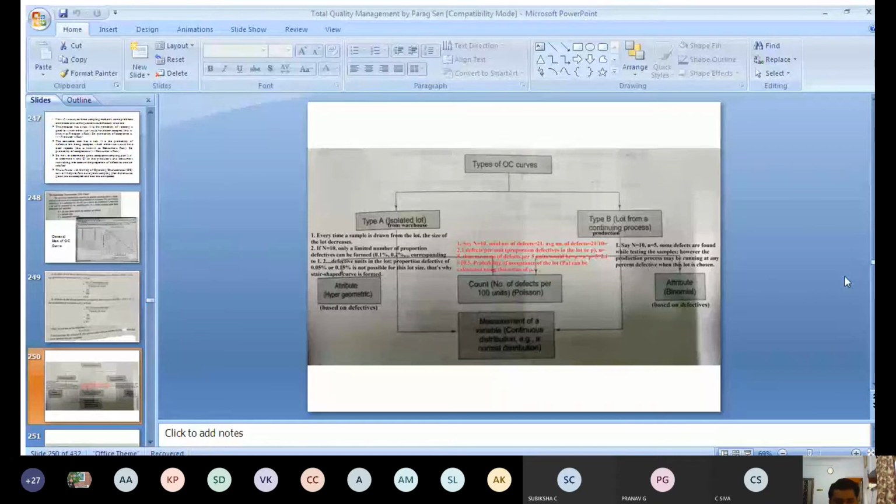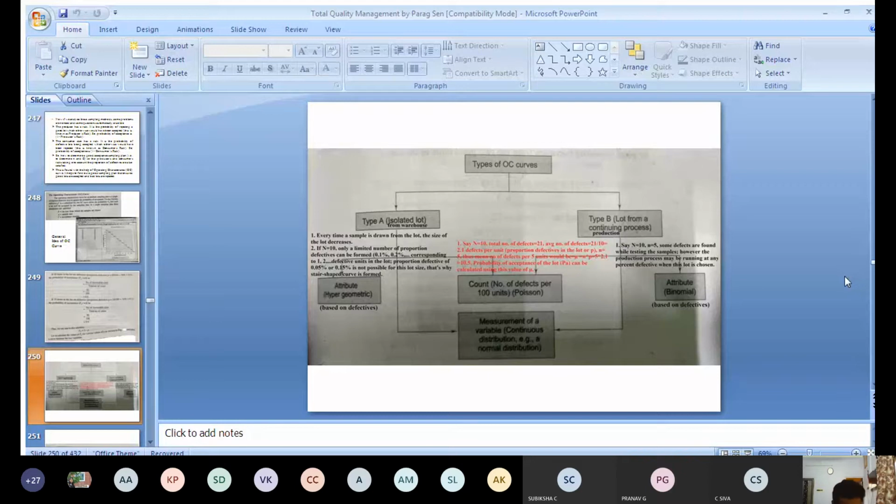Type A, what is type A? If it is asked in the question in CAT 2 or in any other examination, what the different types of OC curves are or how you can classify OC curves, you must not just say type A, type B, or type C. Even if you say type A, type B, type C, you need to explain what is type A curve, what is type B, and what is type C. This is just for the sake of simplicity. So type A curve